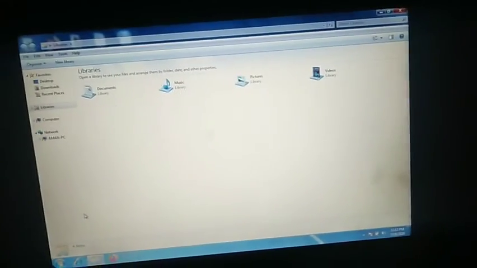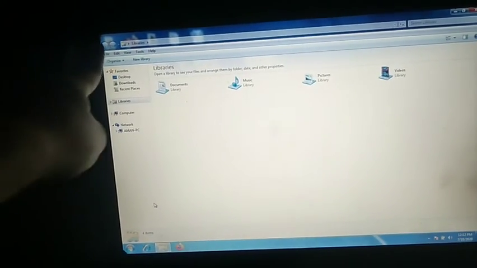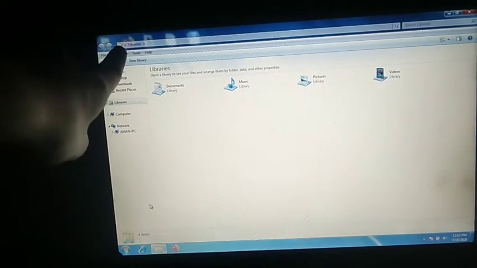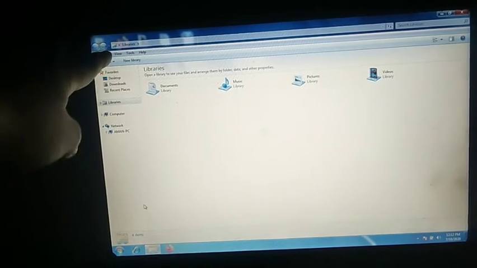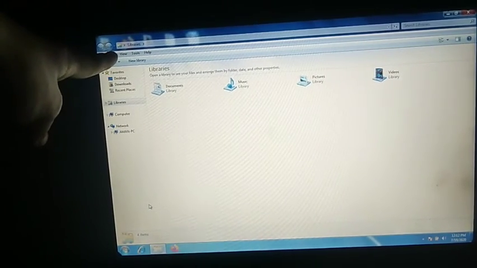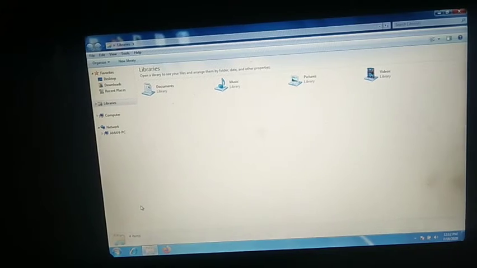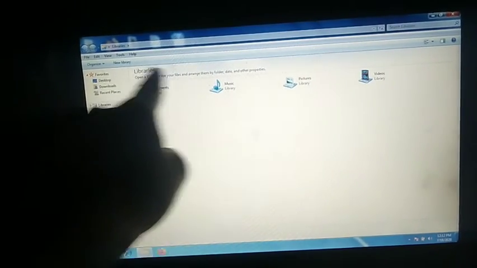Once again I'll repeat it for you. See, this is the back button, this is the forward button. 2 arrows you can see. After that, this is the toolbar where you can see that organize and new library option is written.